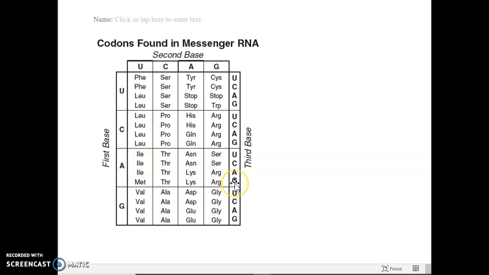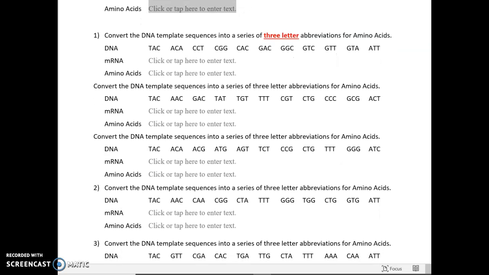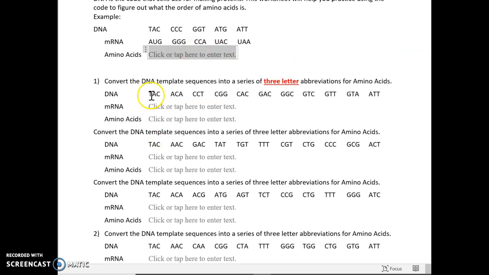And then the G tells me it's the last one. So my amino acid for that would be MET, which makes sense because that is your promoter. And you'll notice that many of yours will start the same way. So I'm just going to click in here and put MET,